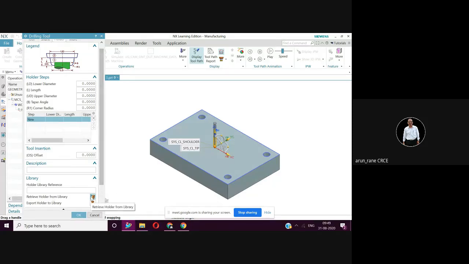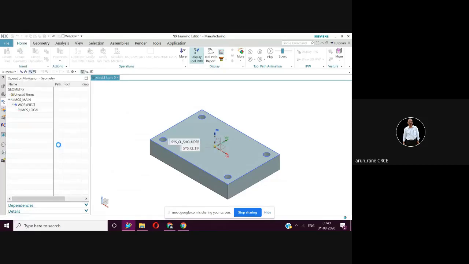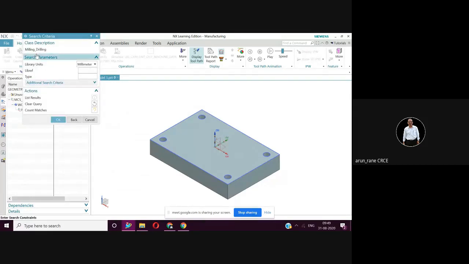I'm just explaining what is important to complete the toolpath simulation. So milling, drilling. Say okay. Then select from here. Say okay.